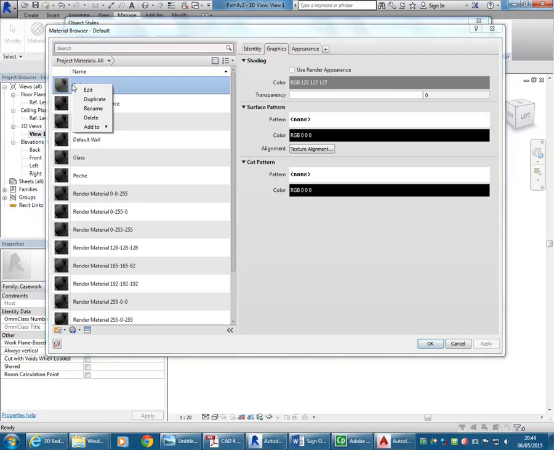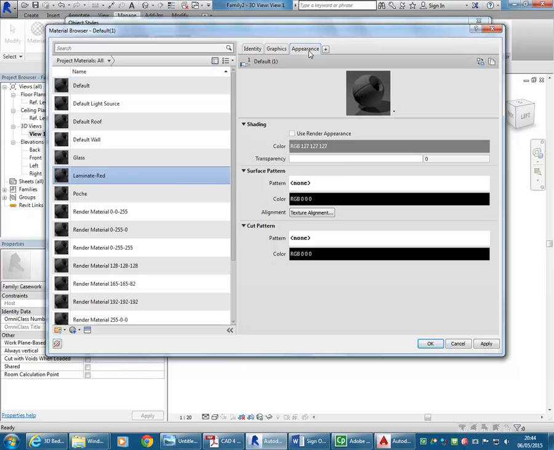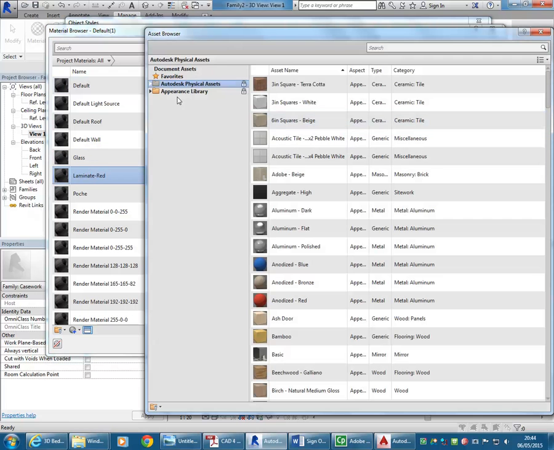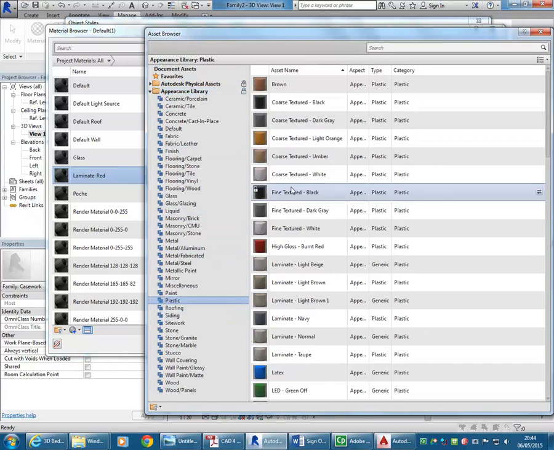So I'll just start with one of these, default. I'll duplicate it and call it a laminate. It doesn't really matter what colour, let's just do it red, and go through the normal process to make a material. Plastic, and